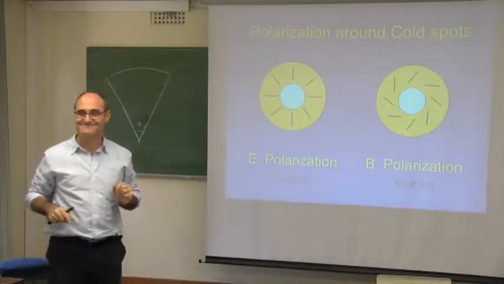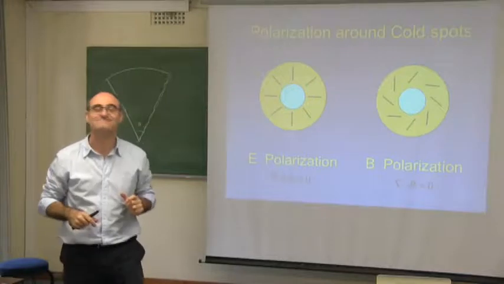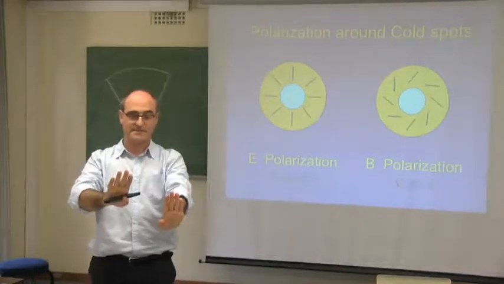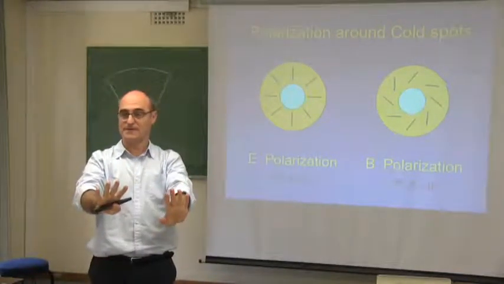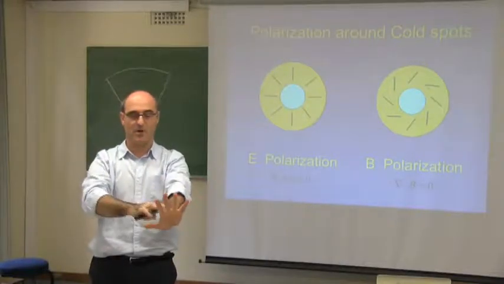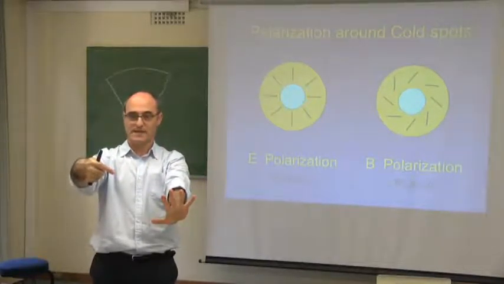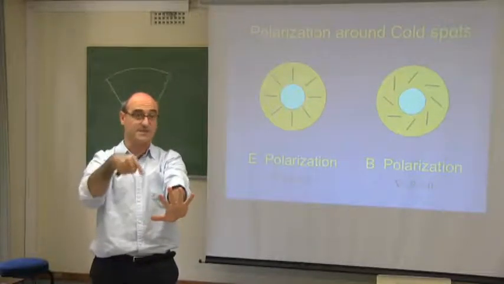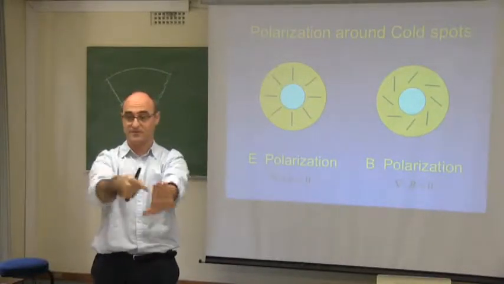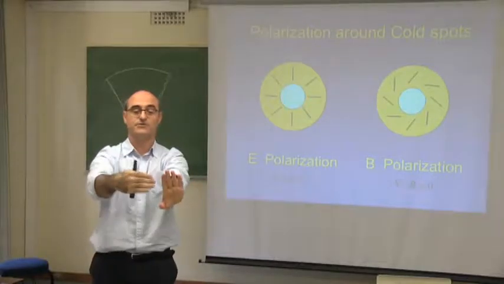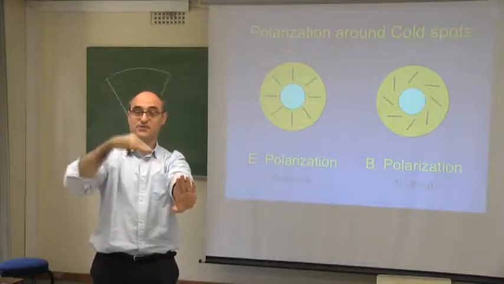So what's the reason for the hot and cold spot correlation? Right, imagine that the temperature is not uniform. You have a hot spot, and you have a gradient. The gradient is going to give you a direction. Now, the gradient is also inducing a direction on the scattering of the photons when it reaches you. So it's going to give you a linear polarization along this direction.